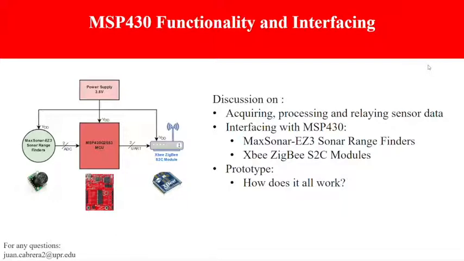Firstly, the sensor readings are acquired through samples of an analog to digital converter. Once acquired, these values are processed and checked in case they indicate that a vehicle has been detected. If one has been detected, then its velocity is quickly calculated, and a UART module within the MSP430 is used to communicate the resulting value to an XBee radio module, which in turn communicates the same value wirelessly to the server. Once the value has reached the server, it can be further processed to determine if any action needs